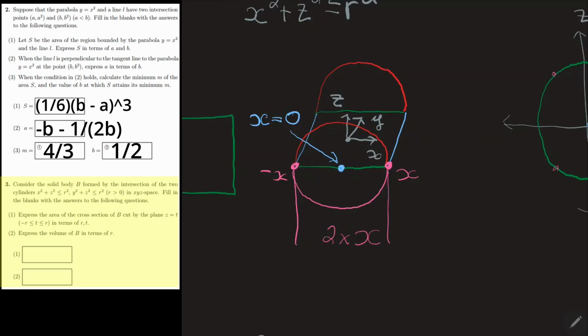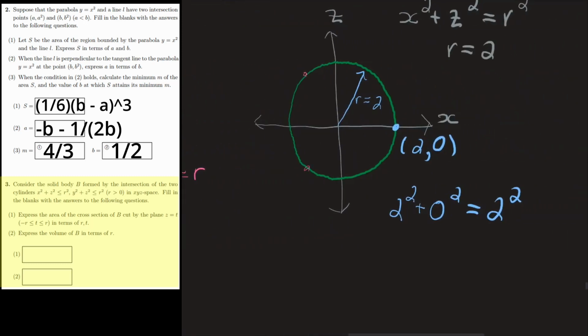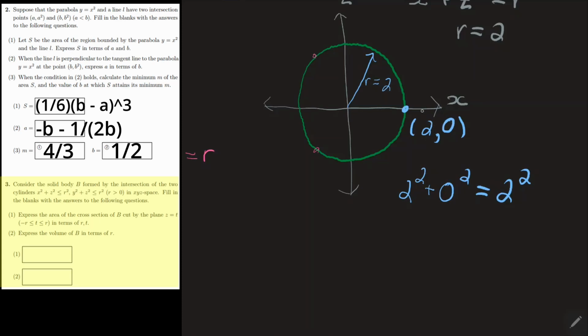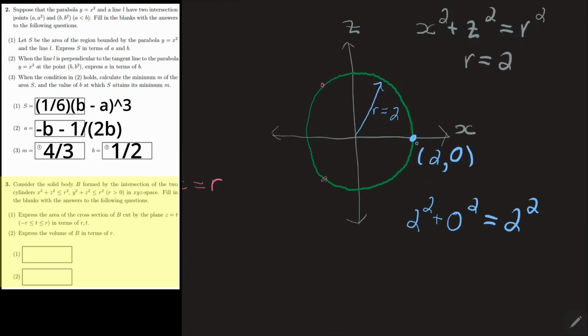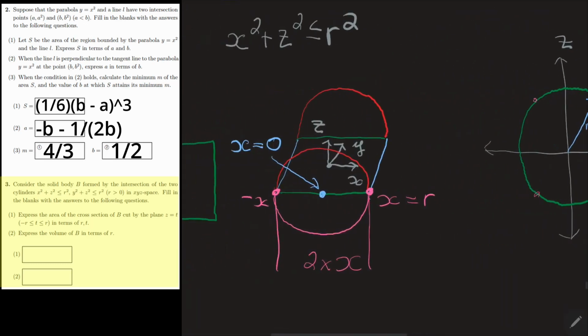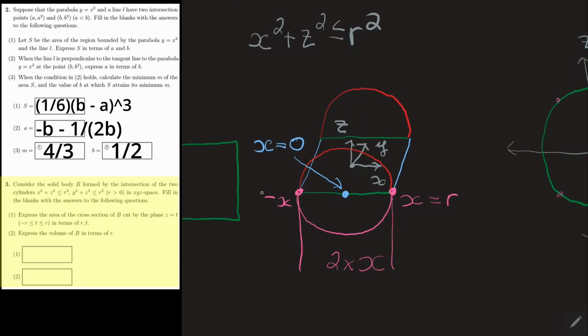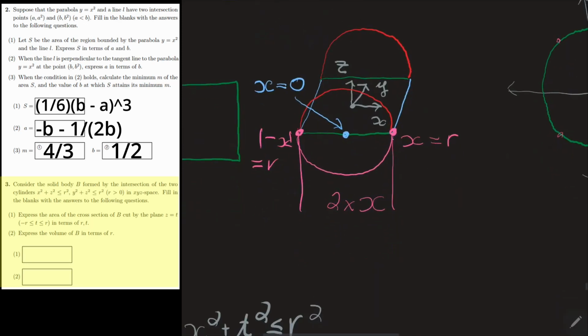So it would be 2 times x, and again, in this case, our x is equal to r, because as we saw here, it's 2 comma 0, so in the case where you're just along the axis, your x value will just equal the r value. So our x is equal to r, and the magnitude of negative x is also equal to r, which means that this distance is equal to 2 times r,